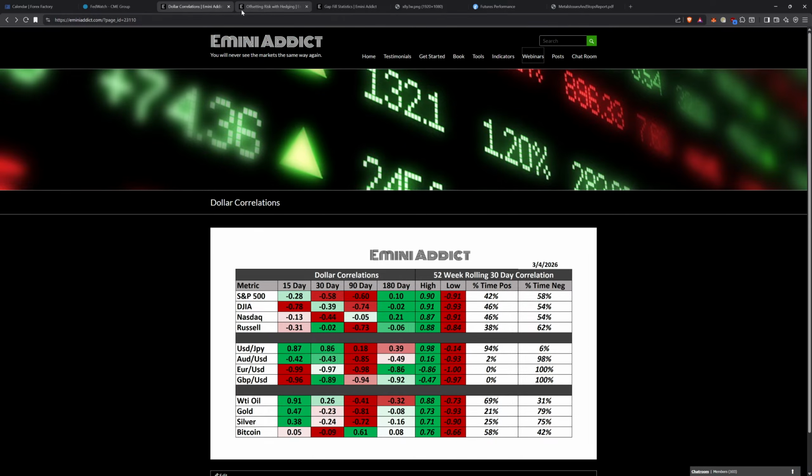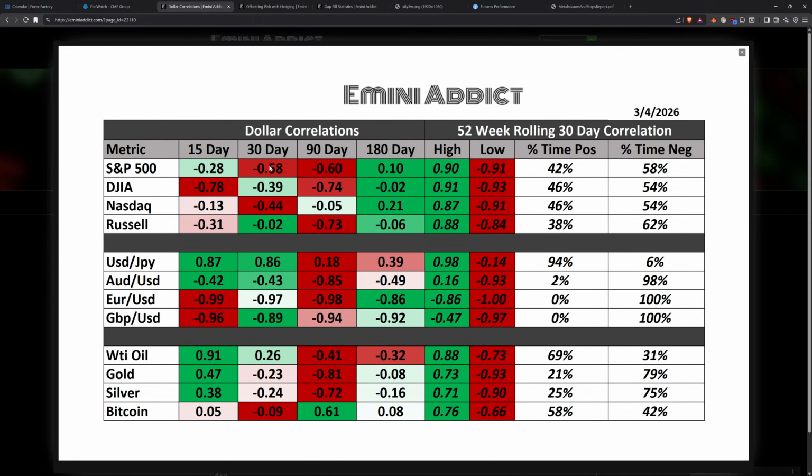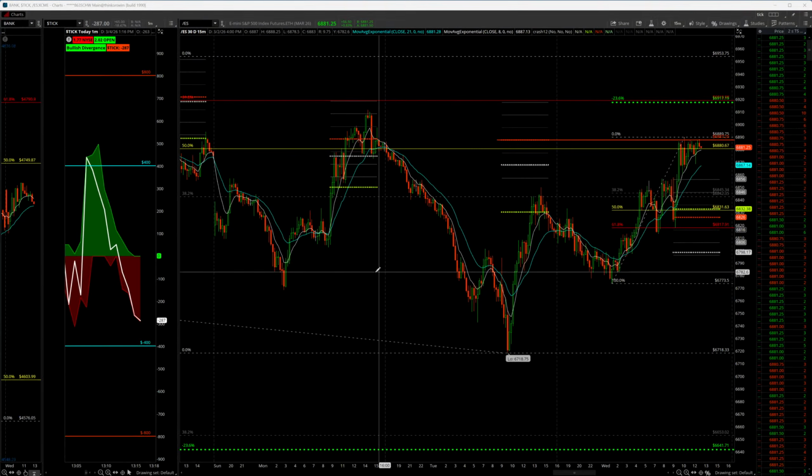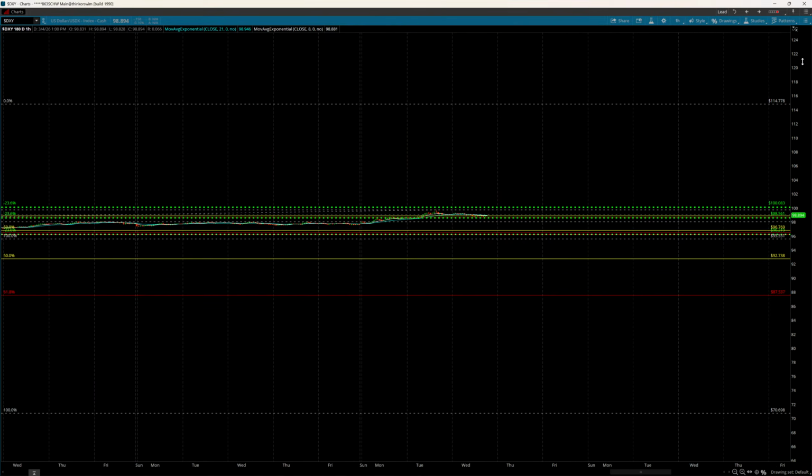And the dollar correlations right now have gotten into that magic negative 0.5, the S&P negative 0.5, the NASDAQ negative 0.4 isn't quite at that deep negative correlation. But there is a very important relationship that we have to pay attention to when that inverse correlation comes back. We're going to talk a little bit more about the indices in a moment, but when we're thinking about the